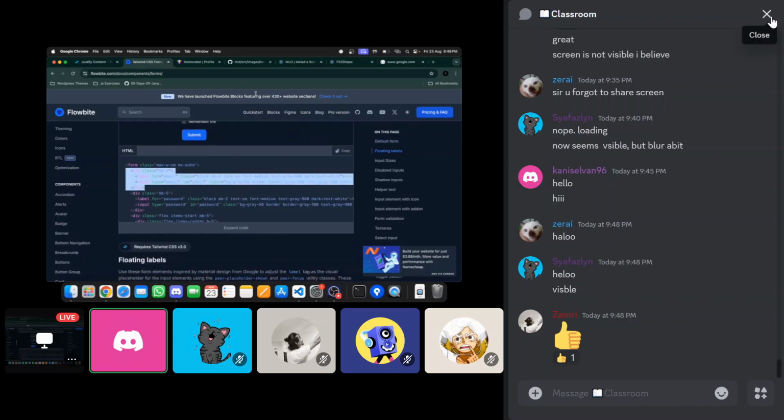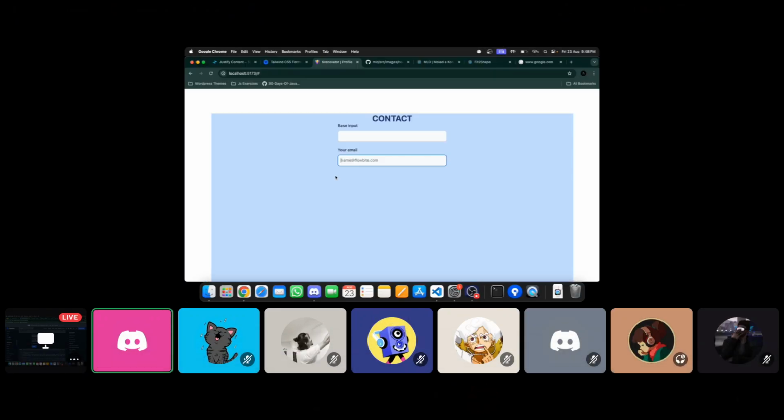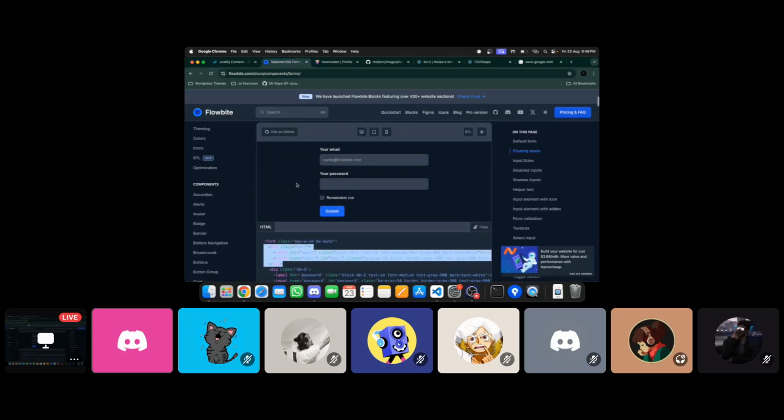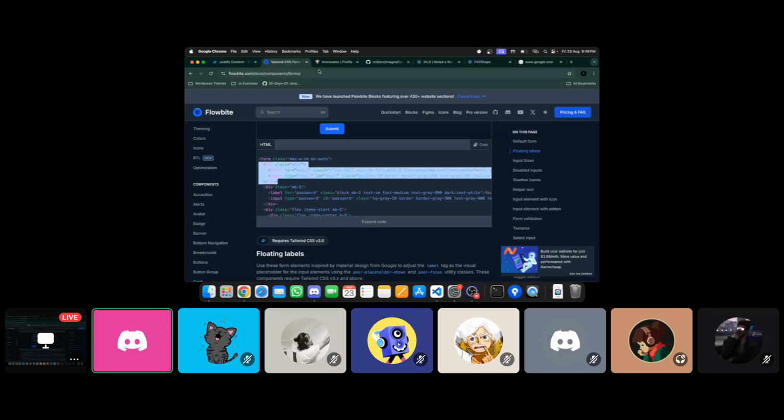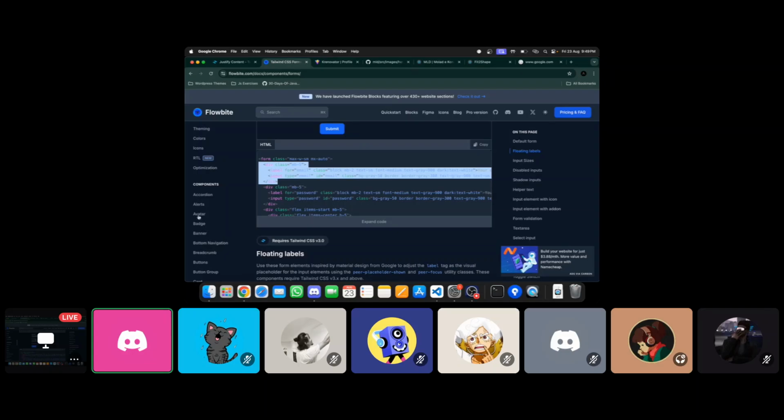Okay, so basically what you want to do is create the contact layout. We're already done with the email, so you can get the email layout from here. It's actually similar to the previous input. Then if you want a longer message like this one, you can write a lot. This one, you can get it from here.